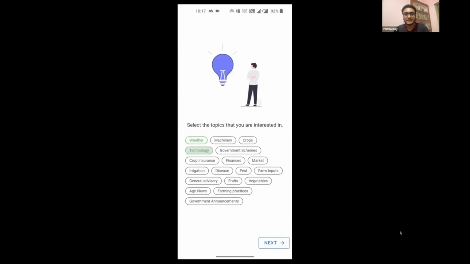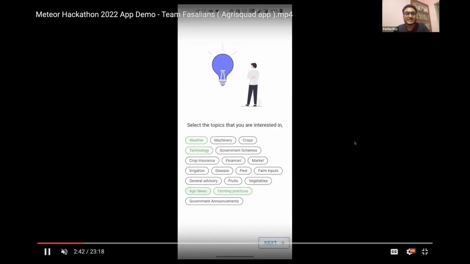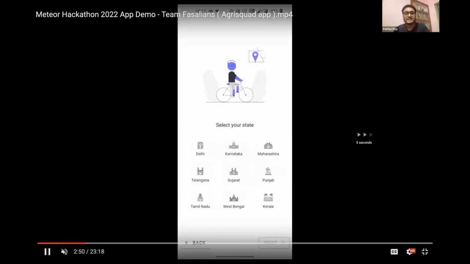And there is a next button here. All right. So when they click on the next button after selecting some of those, they come to this page where they can select the states. So right now we have only built it for India. That's why we have kept the major states of India like Delhi, Karnataka, all those things. So people can choose their location, basically the state, so that that location can be used to give them weather